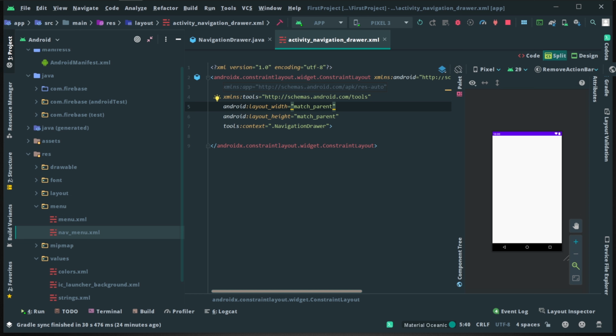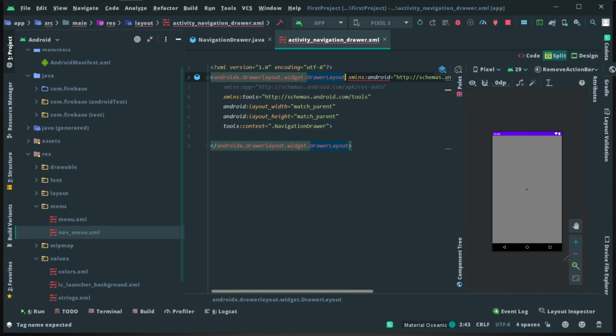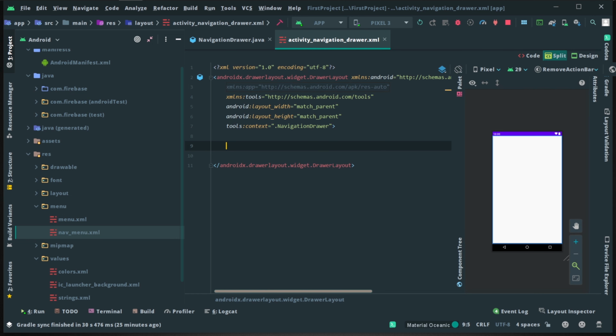Now go to the XML file in which you are going to implement the navigation drawer. Remove the root layout, which is the constraint layout, and change it to the drawer layout. After that we need to do one thing. We removed this action bar, right? But in the preview I showed the action bar. The main reason is we need to create a custom toolbar for this. We call it a toolbar, in which we can set the text and the icon.